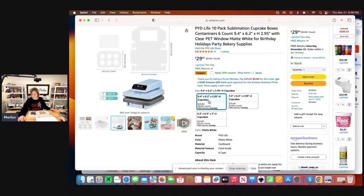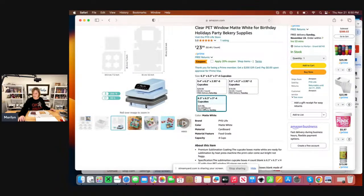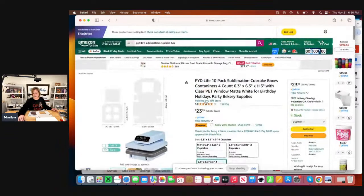For example, you get 10 of these. These are the bigger ones, 9.4 by 6.2. And there's a 20% coupon, so 30 divided by 26. So you get $6 off of that. Here's the ones that I'm using tonight. They're a little bit smaller. A 20% coupon, 20% of 20 would be $4, and 20% of 40 would be 50 cents. I don't know, but you're getting $4 and something off, so they would be a little bit less than 20. In my world, for something you're throwing away, I think that's a little bit expensive, but I wanted to try